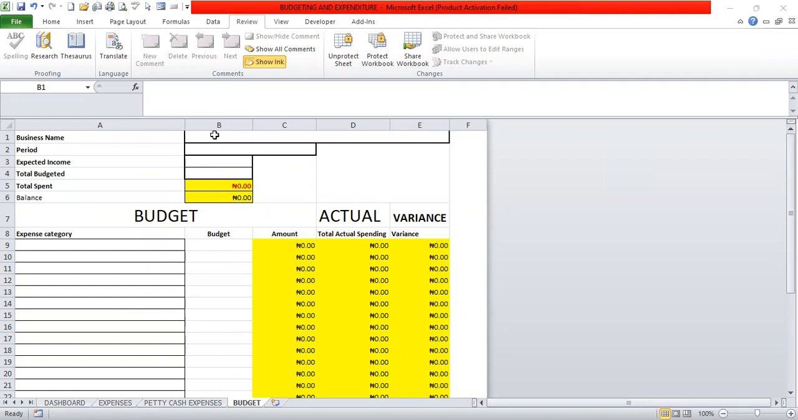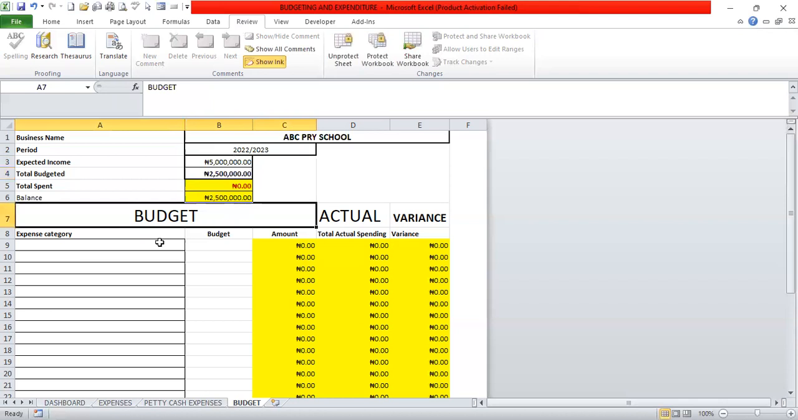We put the business name, ABC Primary School. Then for the period, then we put the expected income we're expecting. Then how much are we spending as a budget? Then we can start